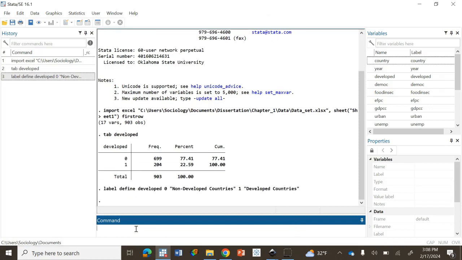So our code worked. However, we're not done yet. So wait, don't go. So now we want to